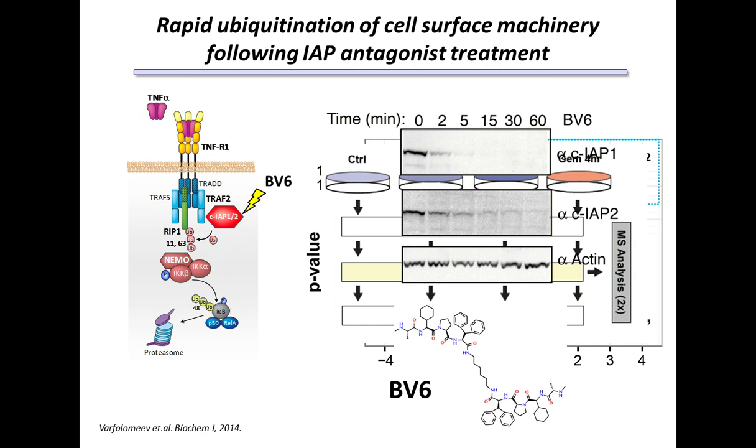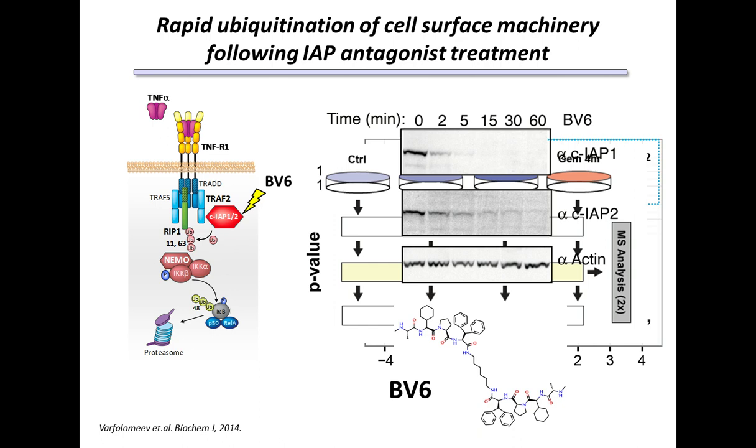Now, one of the first places that we recognized the power of using KGG profiling was in a series of studies that we have been working on over a period of years with Domagoj Vucic's group, particularly focused on the IAP family of E3 ubiquitin ligases, initially thinking about CIAP1 and 2. And we were working on those in large part because we had a nice tool compound, a molecule known as BV6, that's known as an IAP antagonist. Now, this antagonist of the IAPs actually functions in a really interesting way, namely that it's an inhibitor by activating. It causes the CIAP proteins to ubiquitinate themselves and subsequently get degraded, as you can see on the right-hand side of this slide.